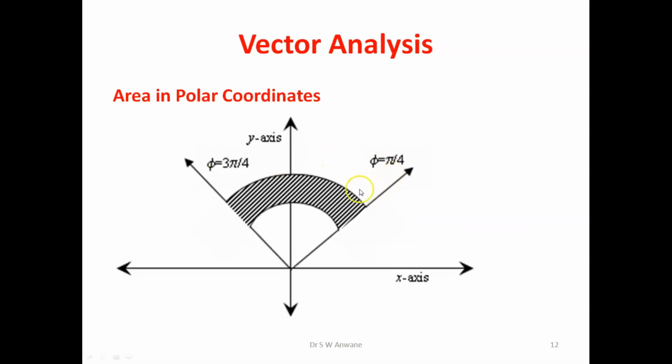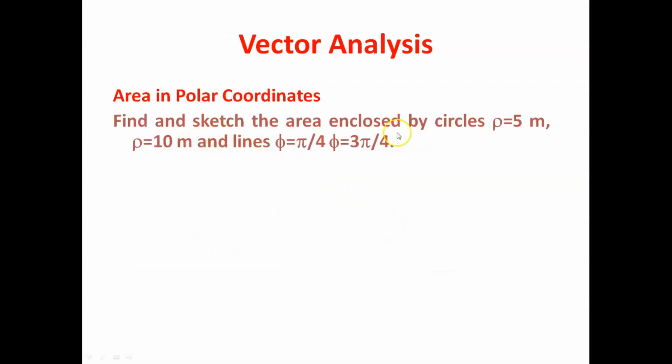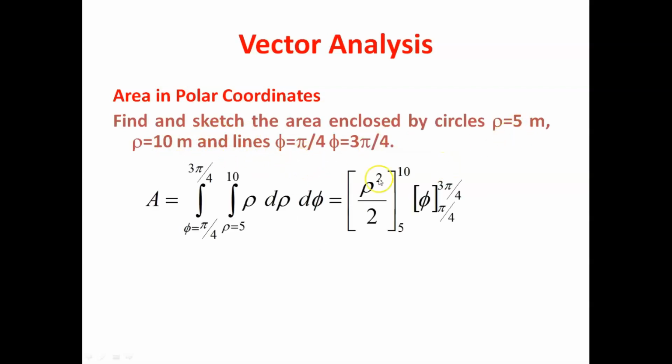So here we can discuss quickly a problem of estimating area between the angle phi equal to pi by 4 to 3 pi by 4, for radius varying from some values. Let us suppose that rho is varying from 5 meter to 10 meter, and phi, as I said, you can work out d rho into rho d phi. So this is properly written as rho d phi. This is because in polar coordinates we have variables rho and phi. Rho has dimensions of length, phi does not have. So rho multiplied by d phi will represent the arc length.